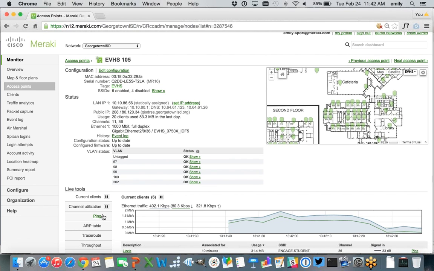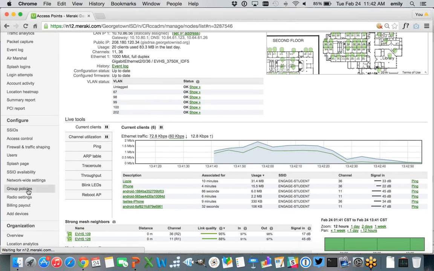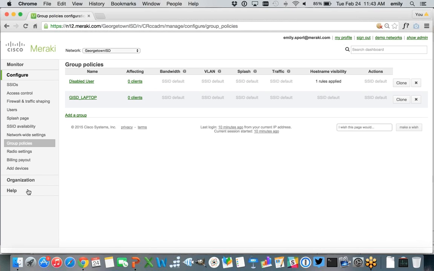Now, showing you the visibility into the device itself, into the sort of overview of the network and kind of where traffic is going and what applications are being consumed. How do you actually translate that into control? So you can actually very easily come in and create what we call our group policies. Now you can set site-wide policies, so like SSID-wide policies, or group policies that can be applied to specific users or groups of users or devices or groups of devices.